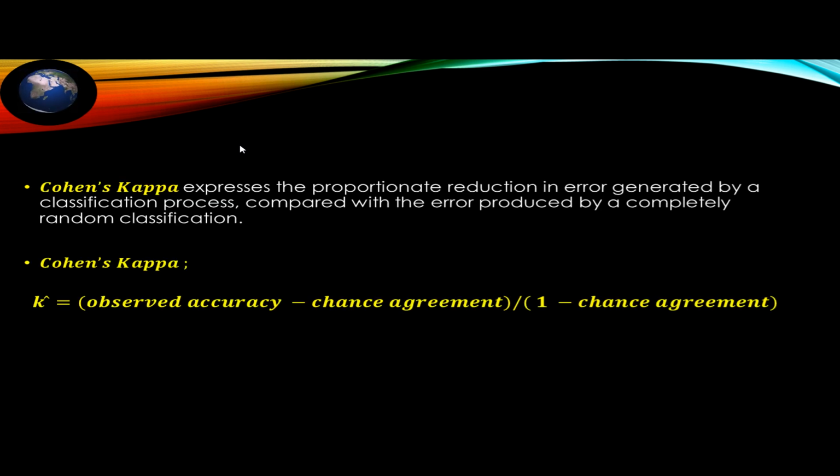Cohen Kappa is also one of the things sir has covered that should be taken care of. Cohen Kappa expresses the proportionate reduction in error generated by the classification process. Mostly we take data from open source data sets for what purpose? To demarcate our own region of interest, to specify our own interesting feature. Like if you are interested in land use land cover planning and I am interested in medical facilities allocation, or soil feature characteristics, geomorphological features, or water networks,